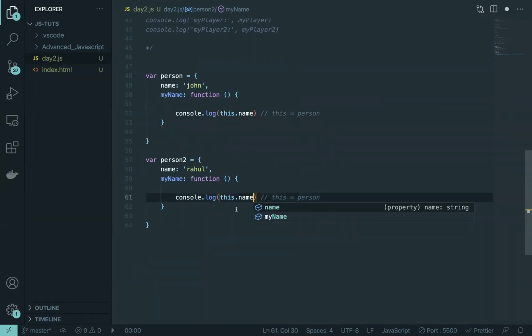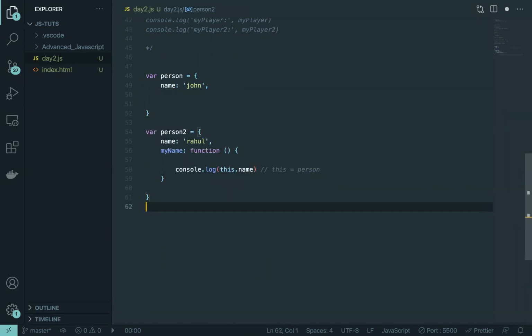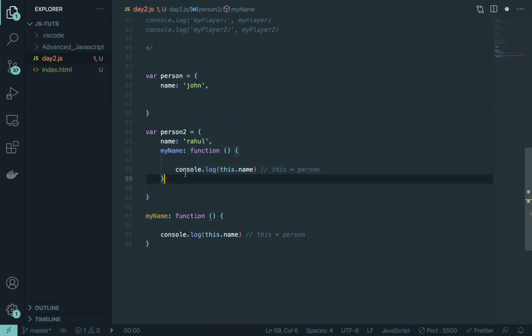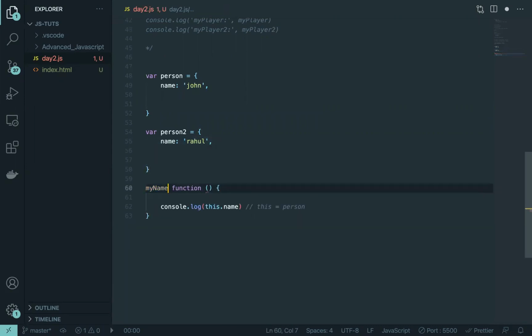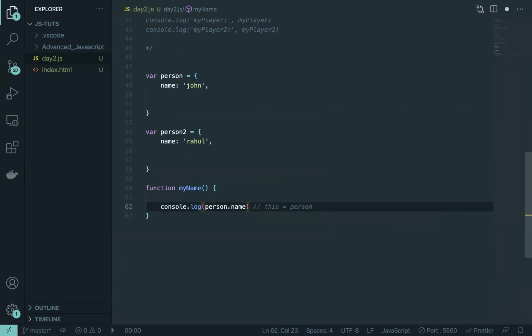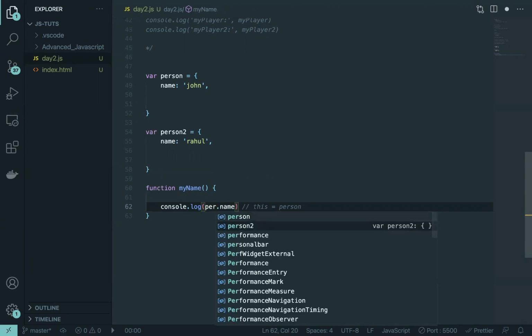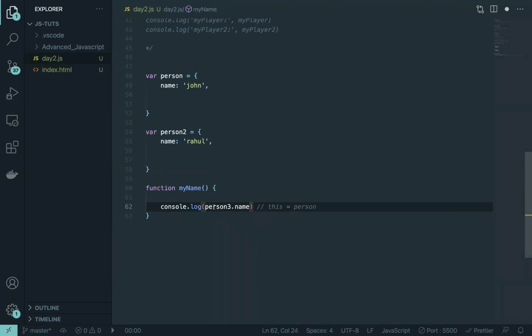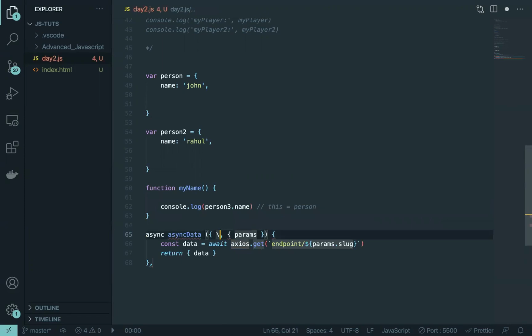But again, it's very repetitive, it's redundant. Why am I typing my name function method for both of these? Is there any way through which I can take it out? So I'm going to take it out. Just remove this. And this is not how we write a function outside in the global scope. So function my name. So if somehow, instead of this dot name, I can control it each single time, I should pass person the first time, and then the second time I should be able to pass person two. If there is any person three, I should be able to do person three dot name, and it would give me the values, right? If I just invoke my name,